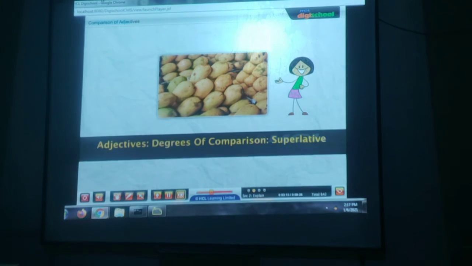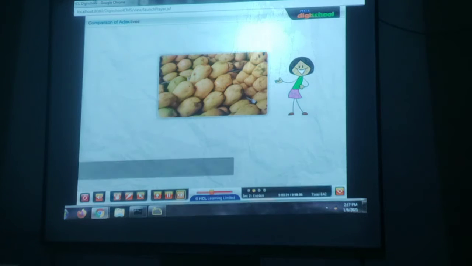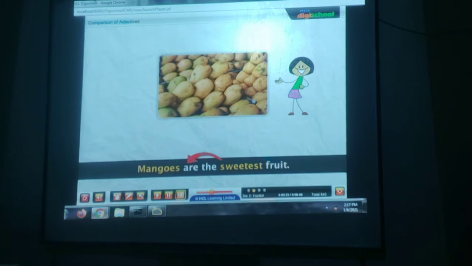Finally, let's look at the superlative degree of comparison. Read this sentence again. Mangoes are the sweetest fruit. In this sentence, you compare mangoes